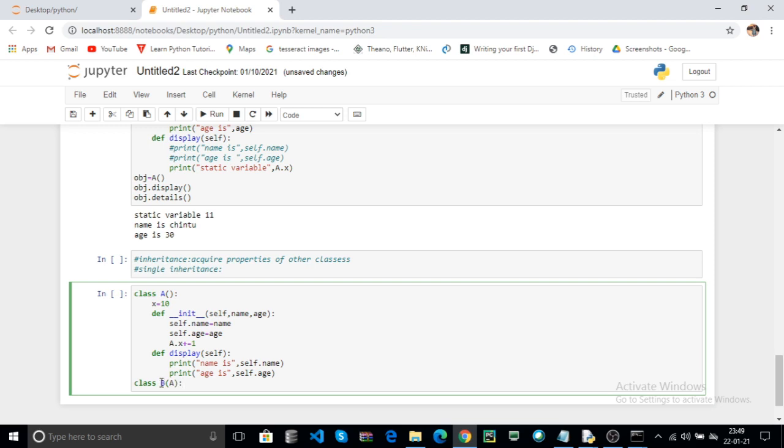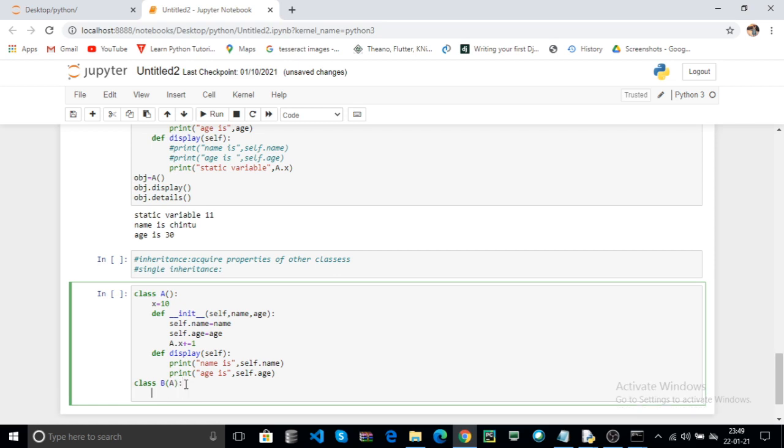That means B acquires the properties of class A. A is the parent class, B is the child class. Here I create another function, that is display one. That means method overriding, and how to handle method overriding we discuss later. Here you can pass one default parameter.